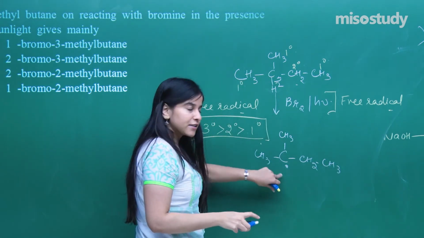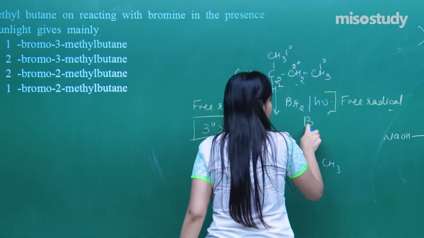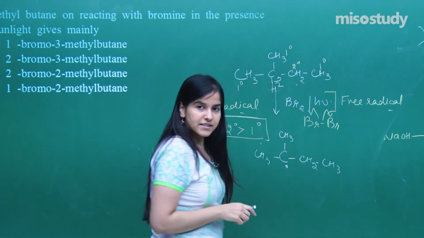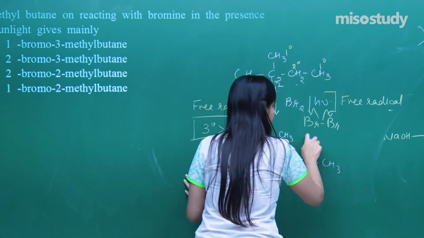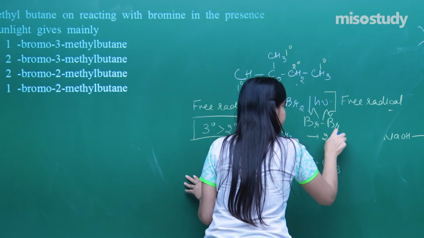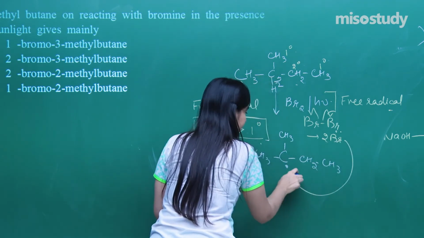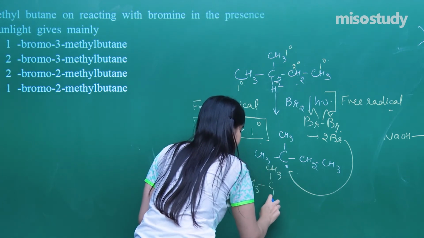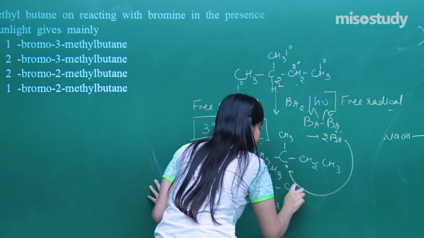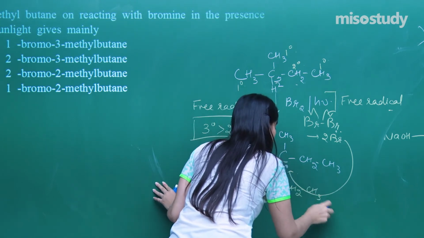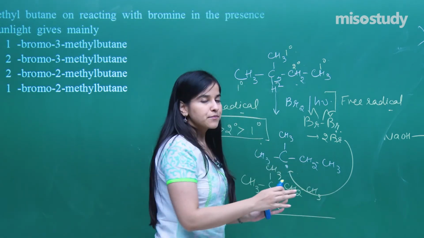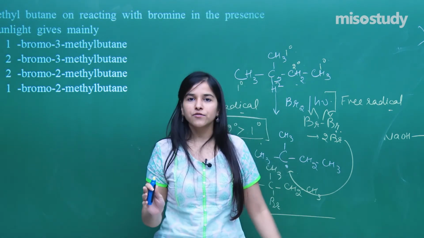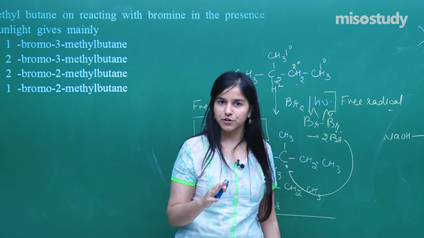This is the free radical that we are getting, and the bromine also breaks into a free radical. That is how the breaking is. This is homolytic fission. So we get 2 bromine free radicals. One of them will get attached over here and we get our product. So that is how the reaction is happening. I hope everybody is actually performing the reaction along with me. In order to have a good practice of it, you just need to simultaneously do it with me.